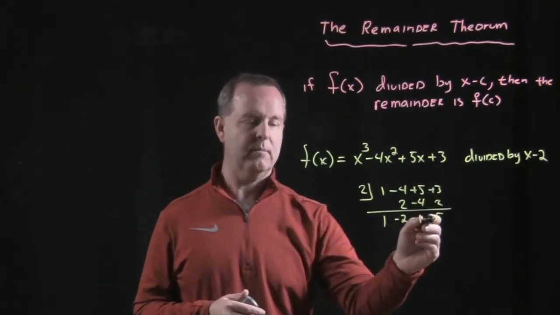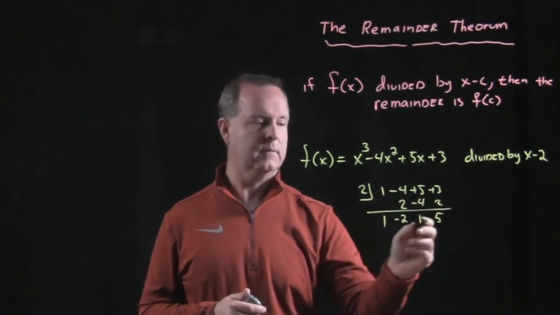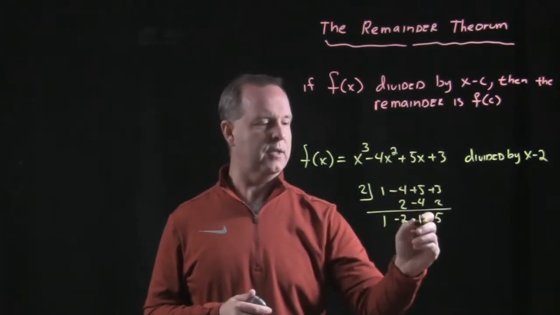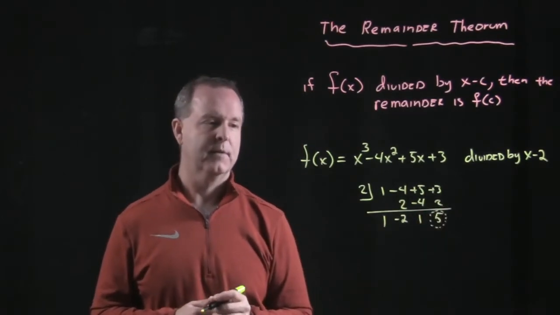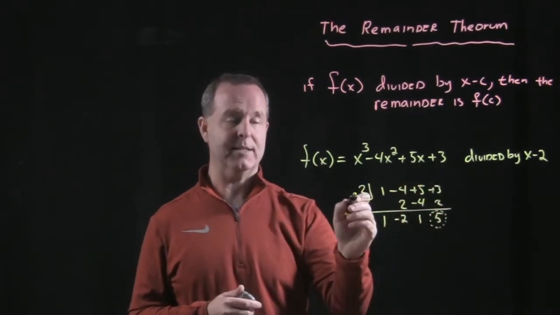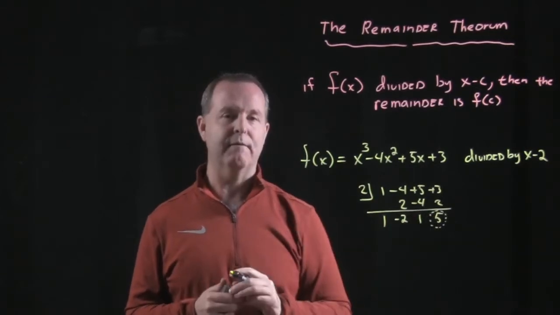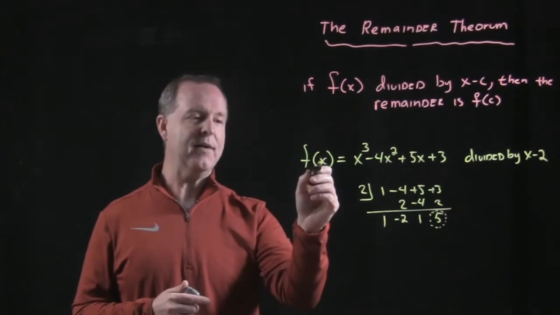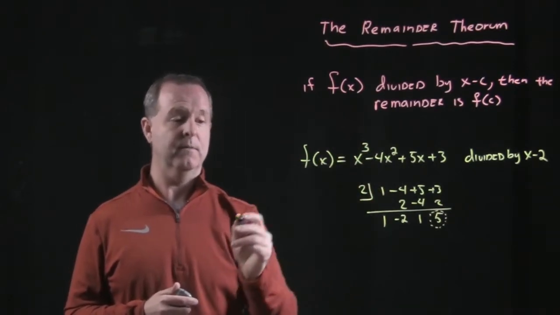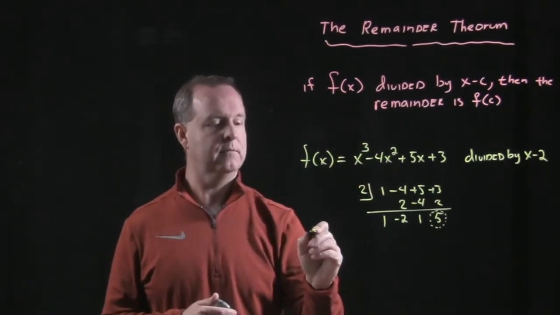Now remember, this term was our remainder. And I won't put these back into terms, but I just want to pay attention to what that number is right there. So if I divide this polynomial by x minus 2, I get a remainder of 5. Well, this remainder theorem tells me that if I evaluate this function at 2, so f of 2,